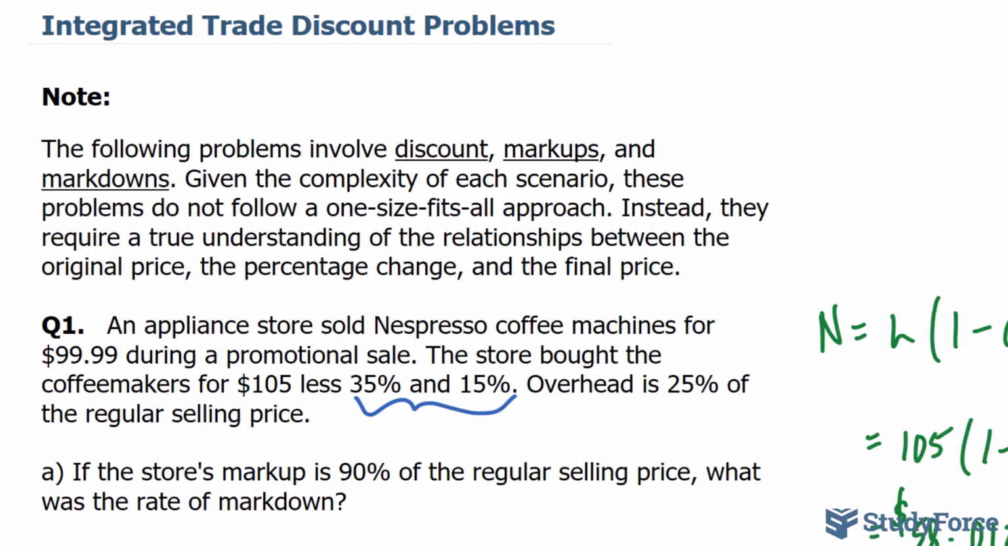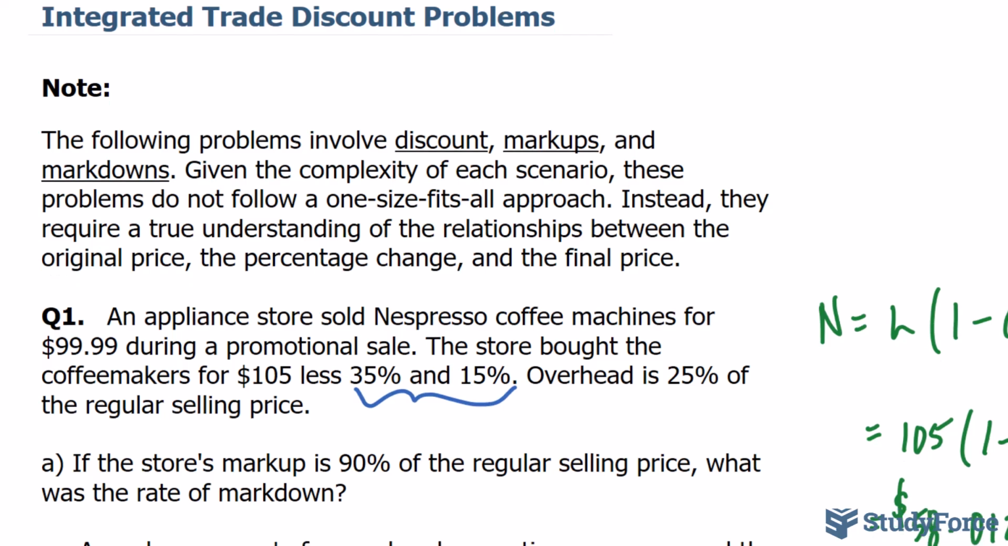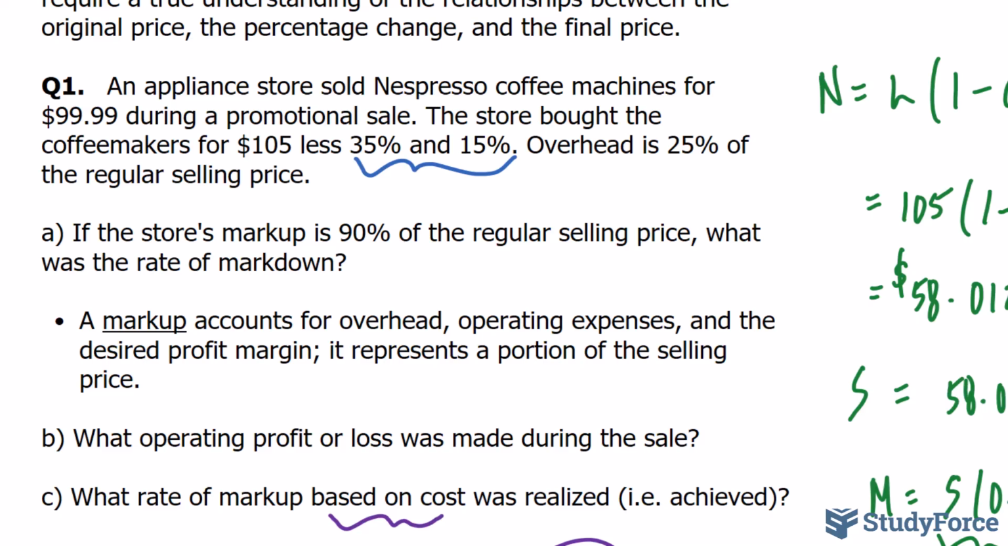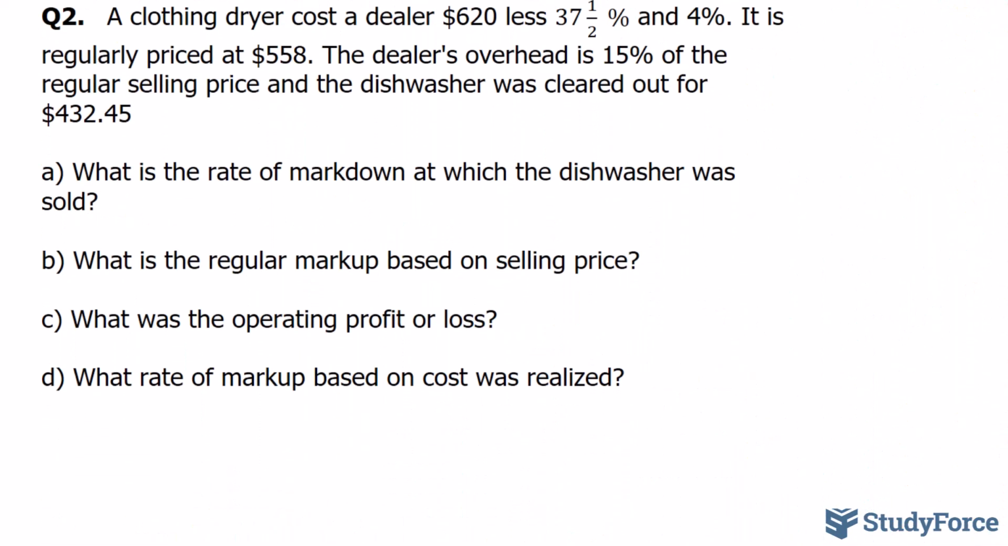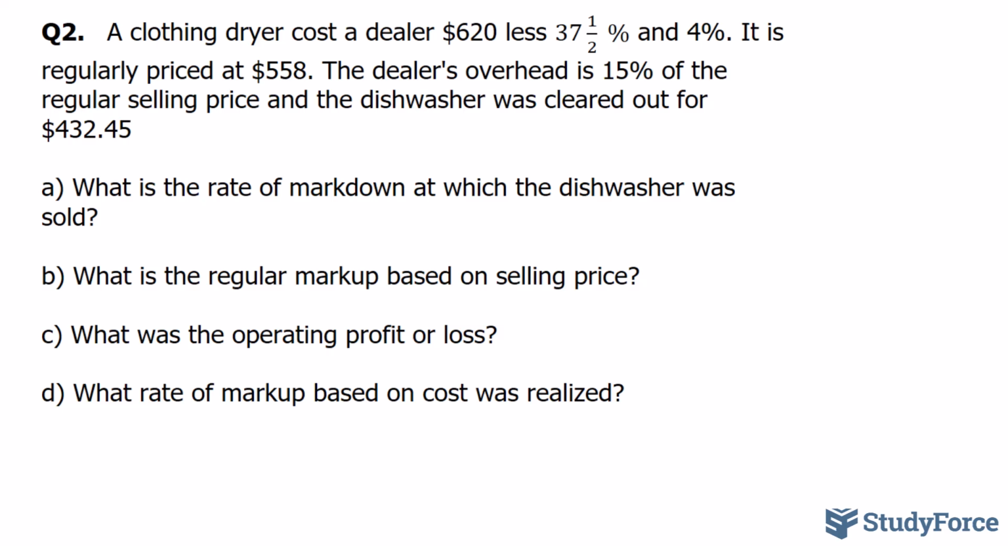Here's what happens when discounts, markup, markdowns all come into one question. We get an integrated trade discount problem. We've already looked at question number 1 and answered questions A through C. Now let's move on to question number 2, which reads, a clothing dryer cost a dealer $620 less 37.5% and